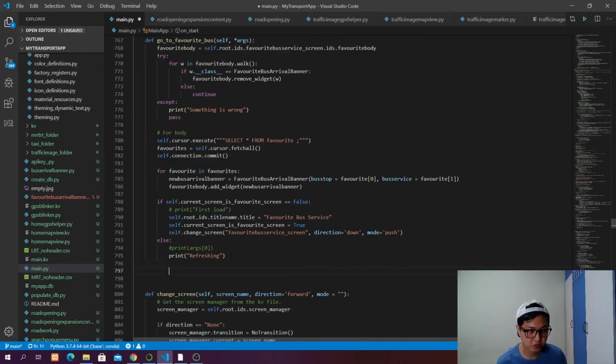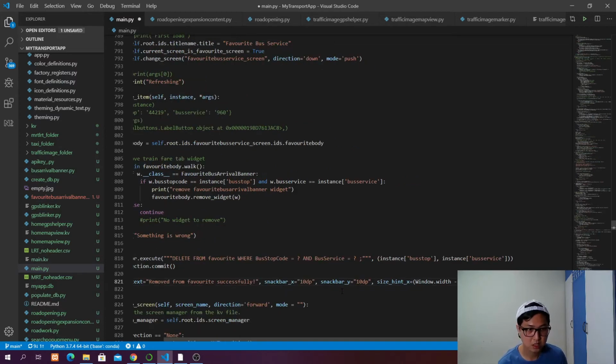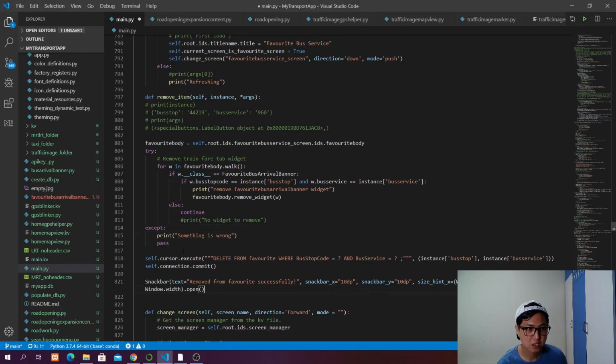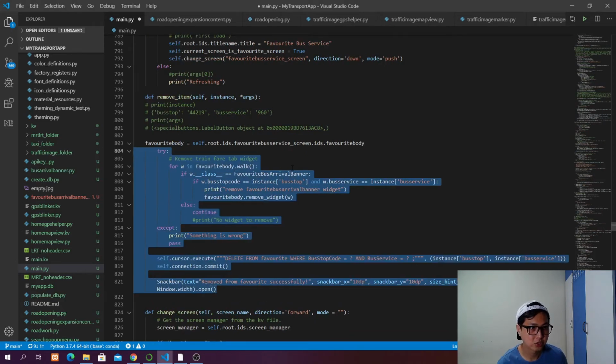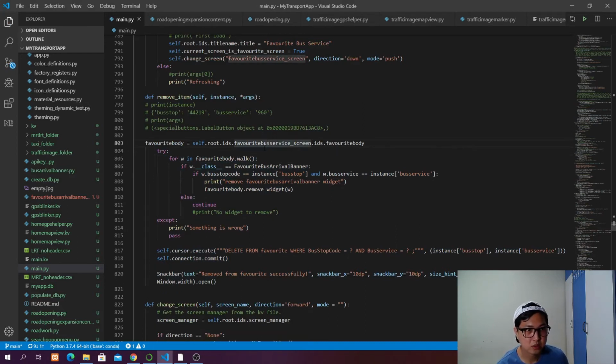Yeah, let's put it here, and then correct the indentation. So what we're going to do here is